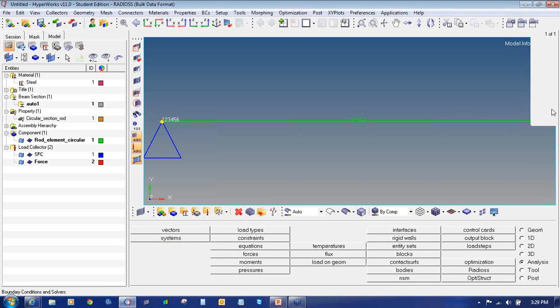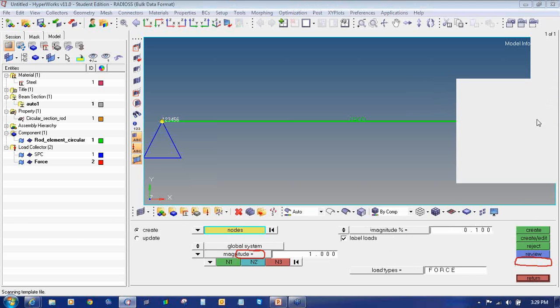Click return to exit the load collector panel. Now to apply force on your model, again go to analysis, force panel. To apply forces on your model, go to analysis, force panel,